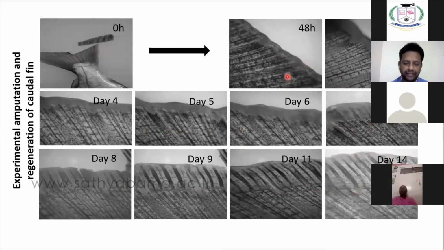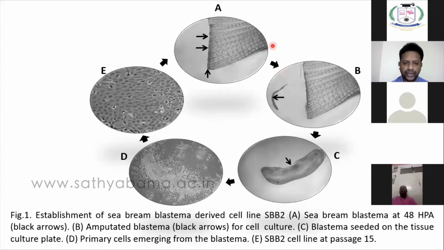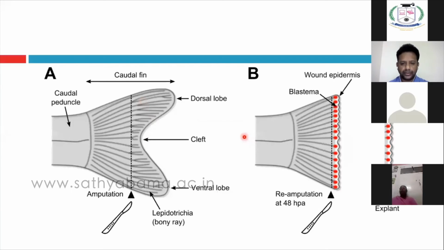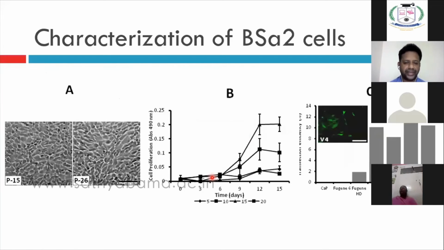This is from CBRIM actually. So we took that 48-hour amputated blastema. So this is the one. Since this fish fin is bigger, we just took half of it. This is the only piece we use for this cell culture. This is at higher magnification. From that you could get the cells out. Once we get the cells, we subcultured them more than 100 passages, and this is the morphology